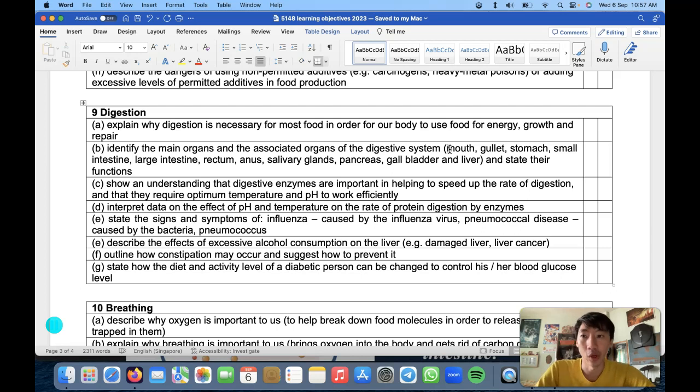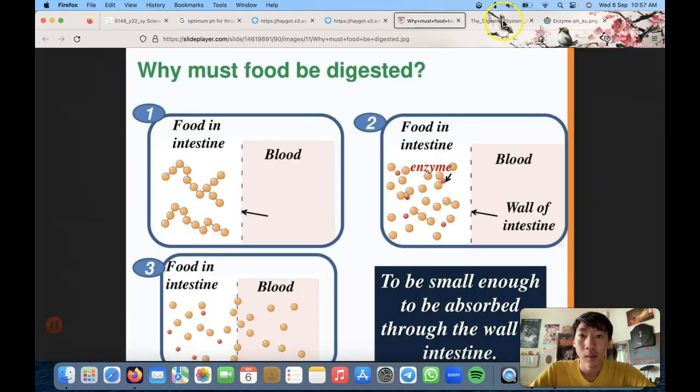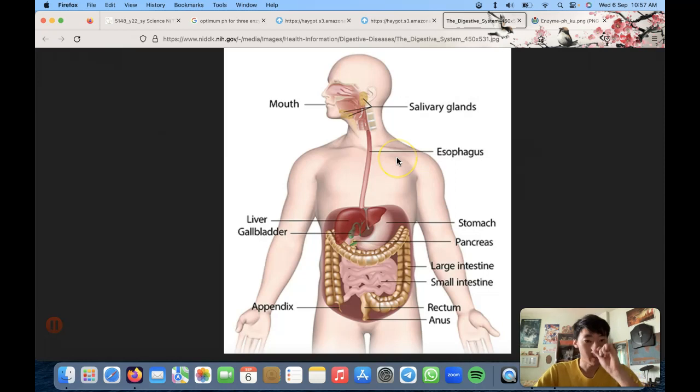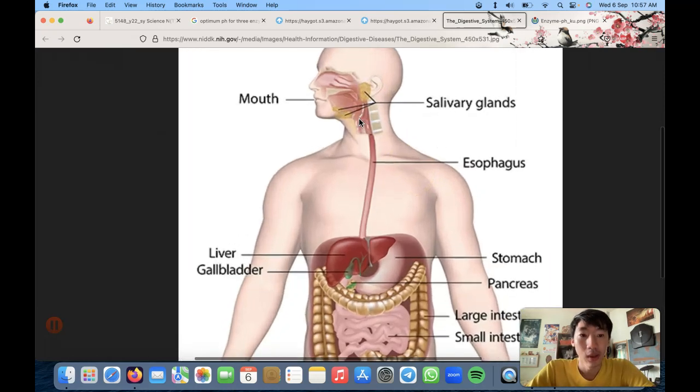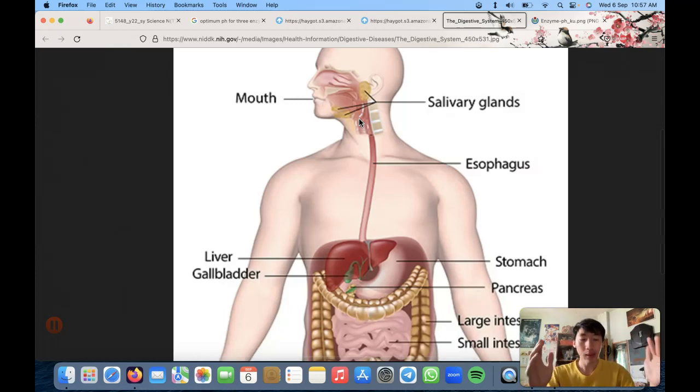So let's take a look at a picture over here of a digestive system. Okay, so we all know mouth, this one everybody knows. Let's imagine now Mr. Cho is having his breakfast, and I eat three things. Keep it very simple. I'm going to eat just bread. Bread is starch, so bread is just made out of starch. Starch is a form of carbohydrate.